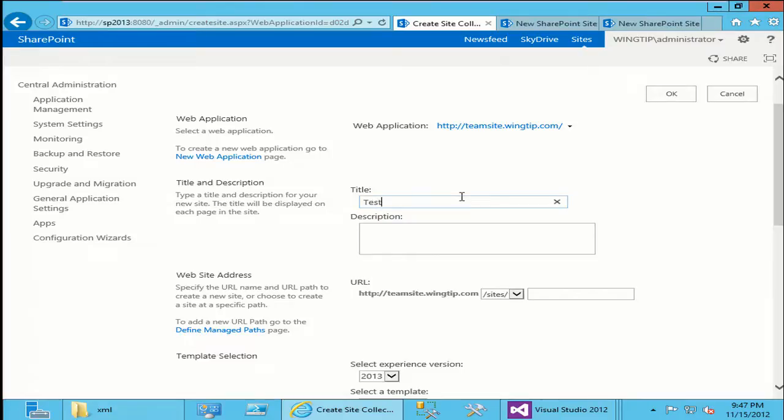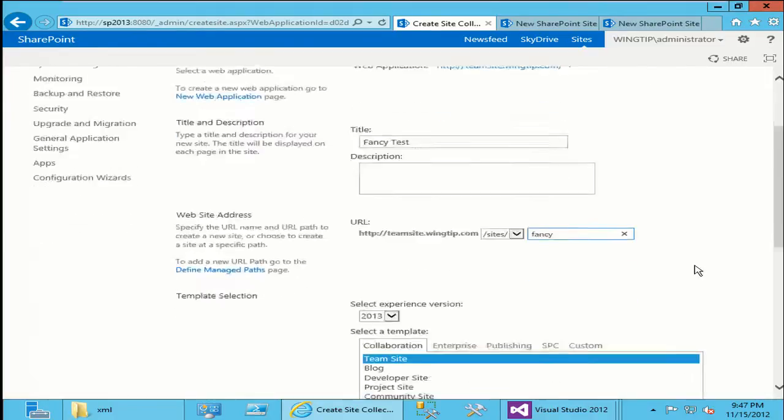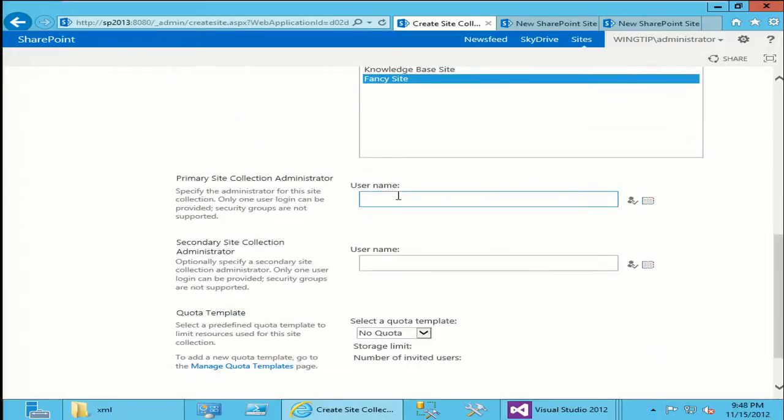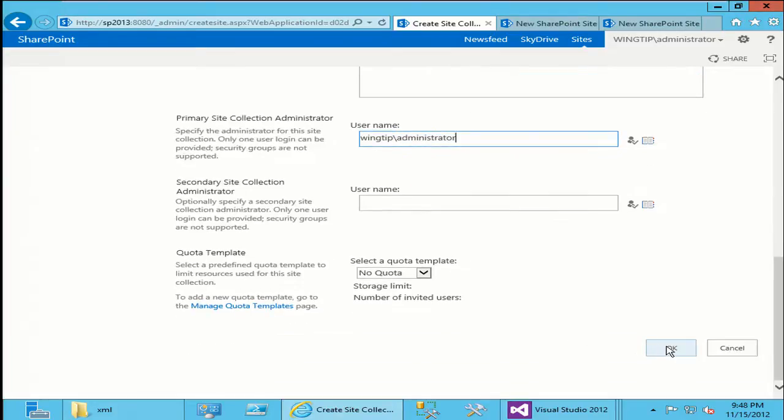So I'm creating a fancy test site. The URL, I will select the fancy site template. I need to give a site collection administrator in here. I'm a dev, so I'm using the administrator account to do this. It's allowed while you're developing, right? It's just when you're testing that you need a different account that has less permissions. But we haven't got to that stage yet, so I will just use the